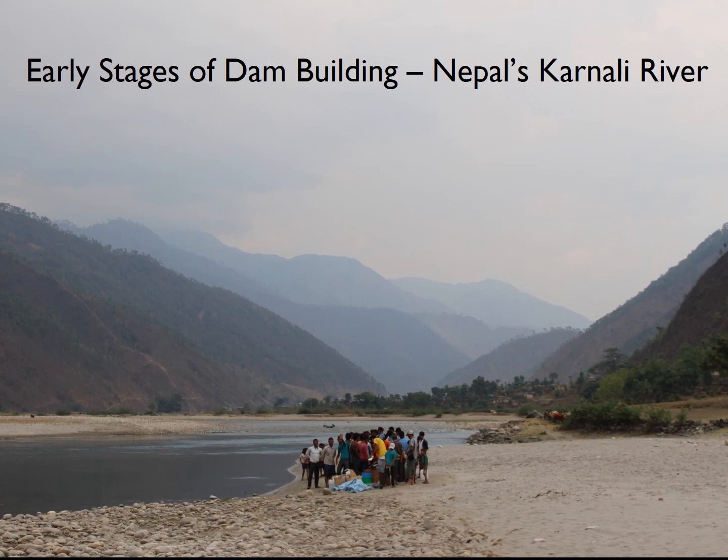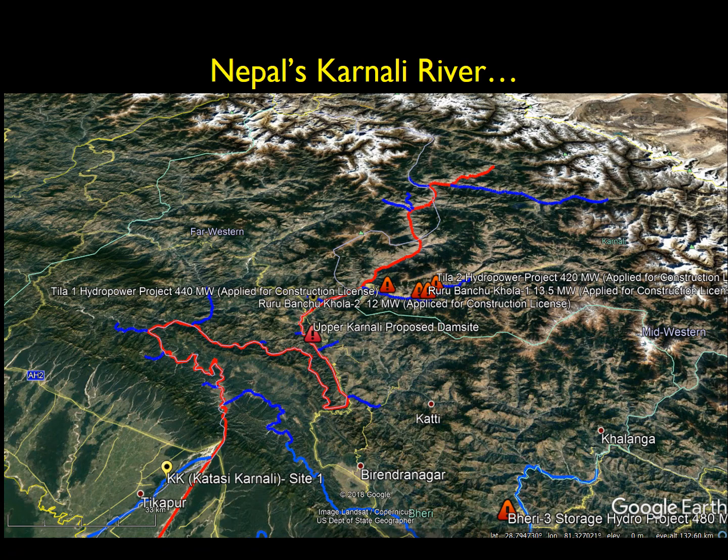But Nepal hasn't built many dams yet, and there's incredible hydroelectric potential there, but some negative impacts on the ecosystem. So we were interested in seeing what potential effects construction of dams on Nepal's Karnali River might have. So, a Google Earth image of the river in red, and all these planned hydroelectric dams are those little orange triangles. There's a bunch of them. You see the one that says Upper Karnali Proposed Dam Site. That's the site on the river that we were trying to evaluate, kind of above and below it.